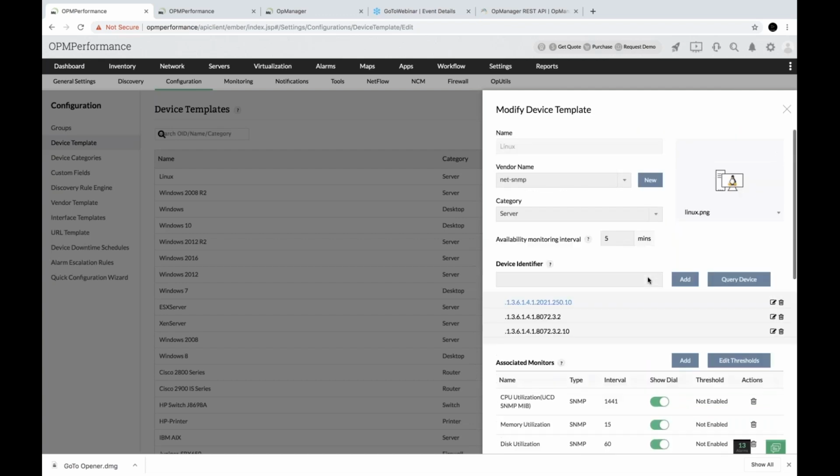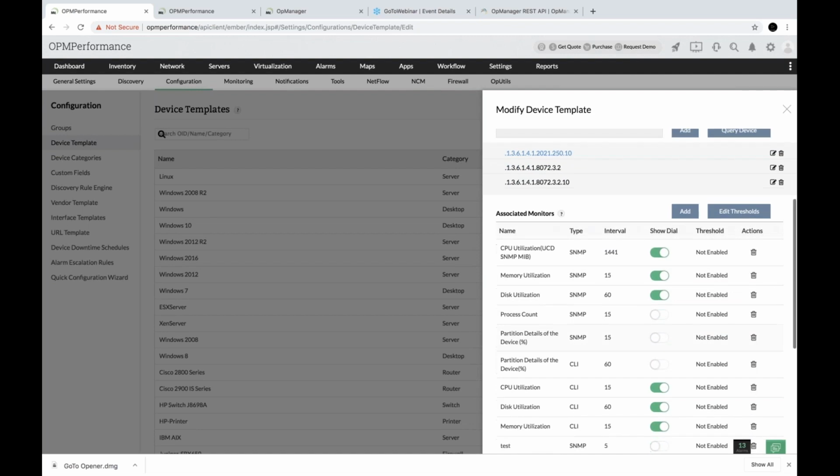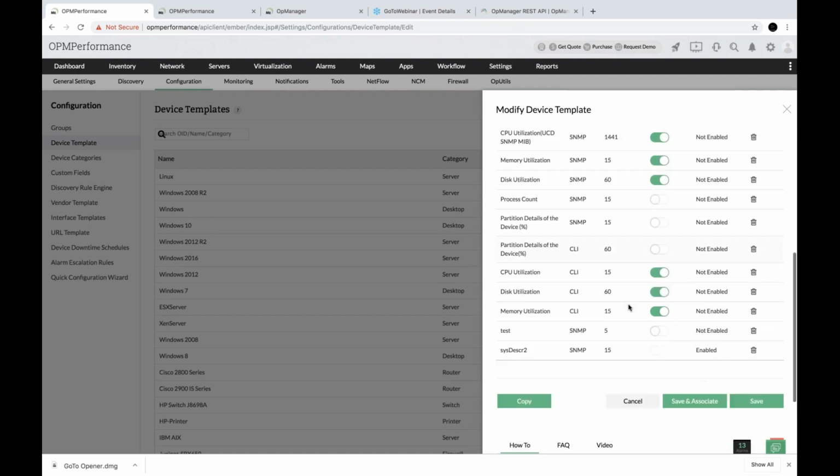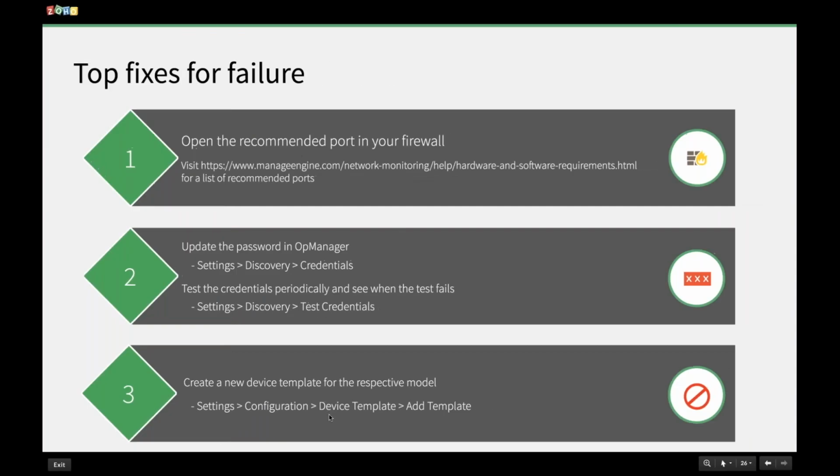And so once the template is defined and you want to add the list of performance monitors, you can add it and save it. So when the template is ready, next time when you go ahead and discover those devices, it will not be discovered as unknown, but it will have all the list of information that you've already provided in the template. So with that, we are coming to the end of the first part of